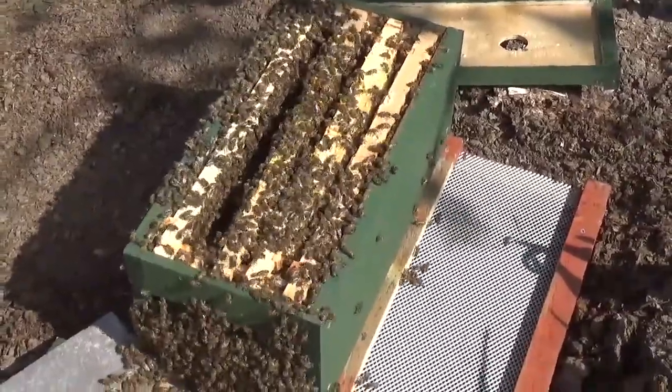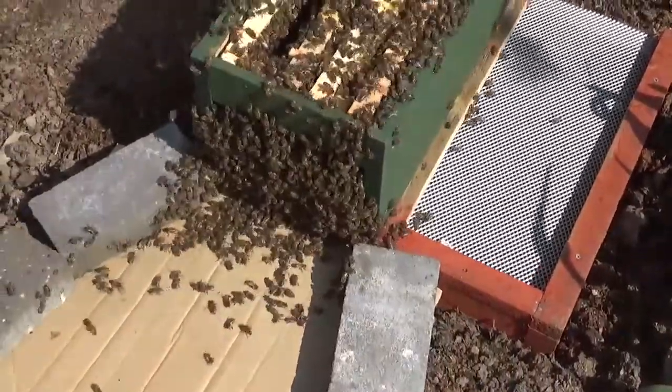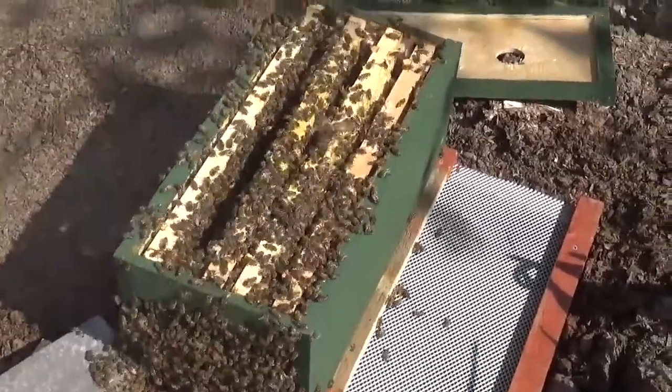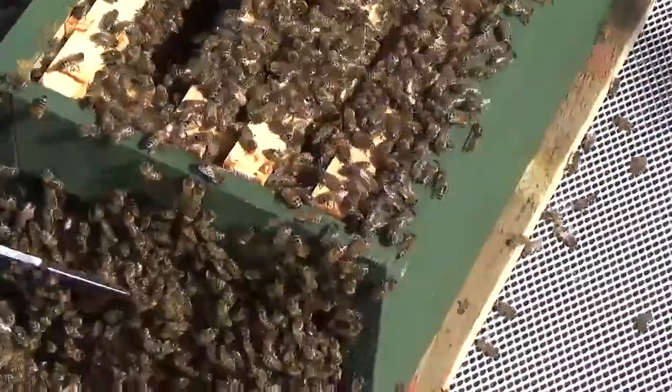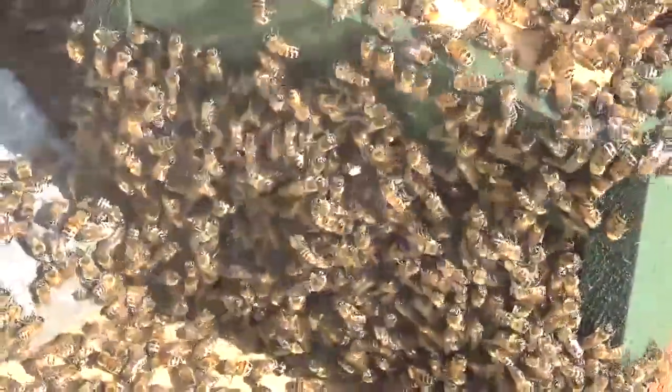Well, here we are, we've now shaken in about 20 frames of bees, and I should think there's somewhere in the region of 6,000 bees sitting on these 4 frames in here, and you can see them crawling all up the front of the box here. They don't know what they're doing, they don't know where they're going, but eventually we'll get them to go into